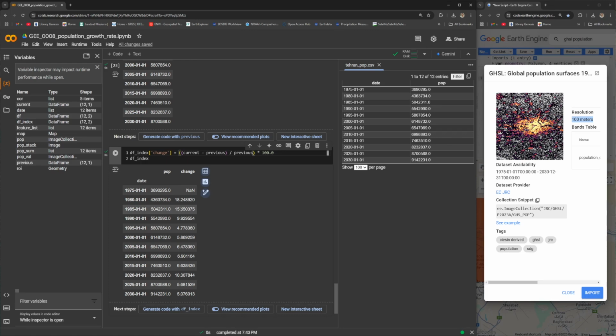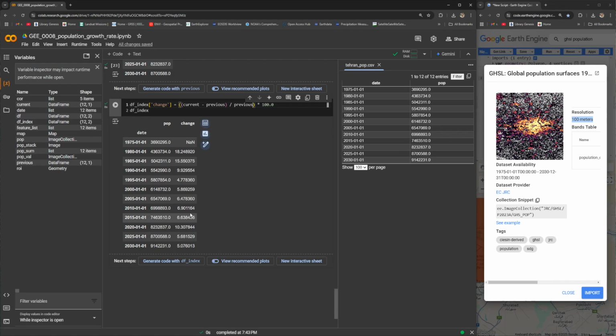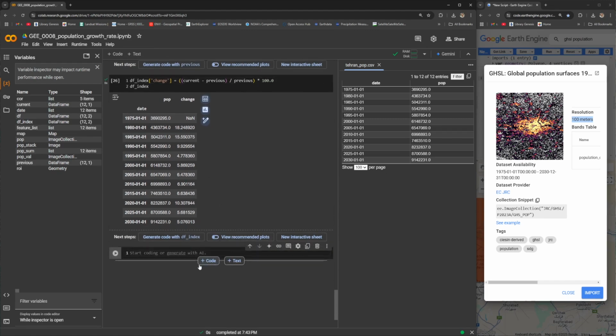In the next step, I'm going to show you how to actually calculate the population growth rate. So this is the next step, the population growth rate data frame index. Now in the data frame index, we want to have a new column. The new column name should be here, for example, the first one was change, and this one will be growth rate. Growth rate equals to,